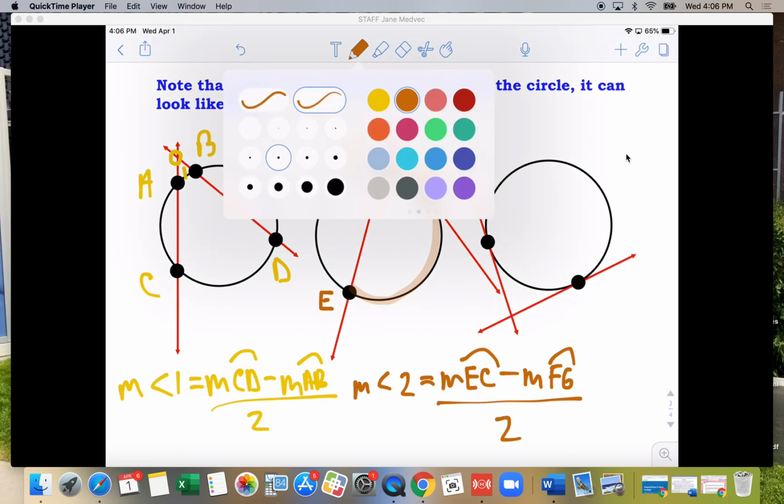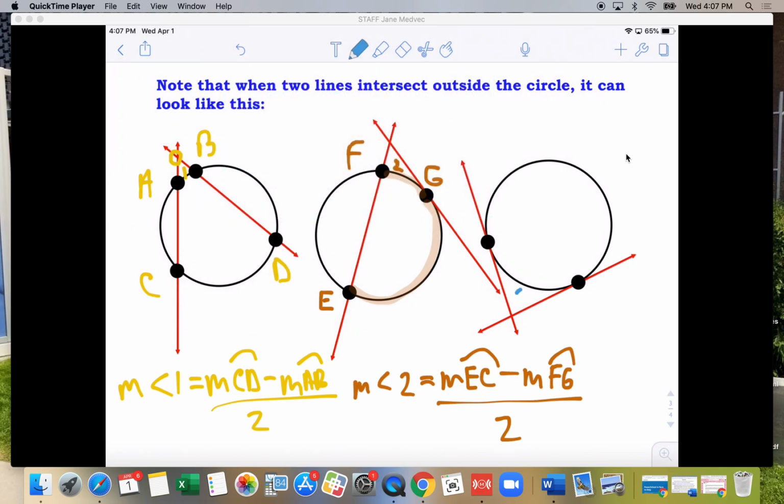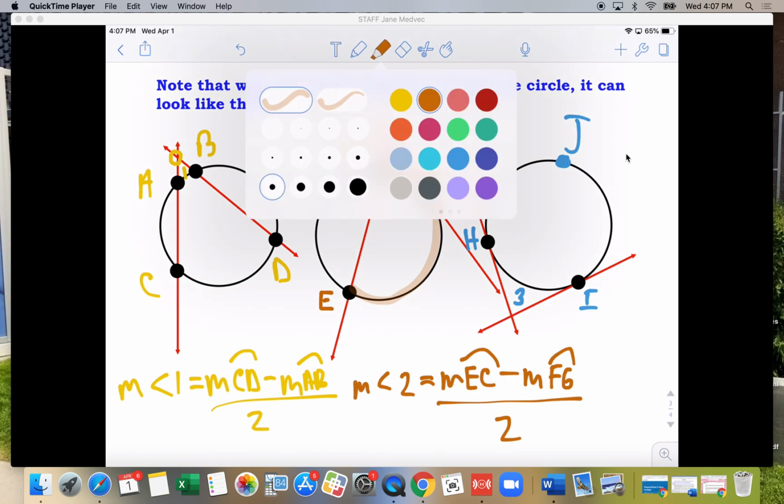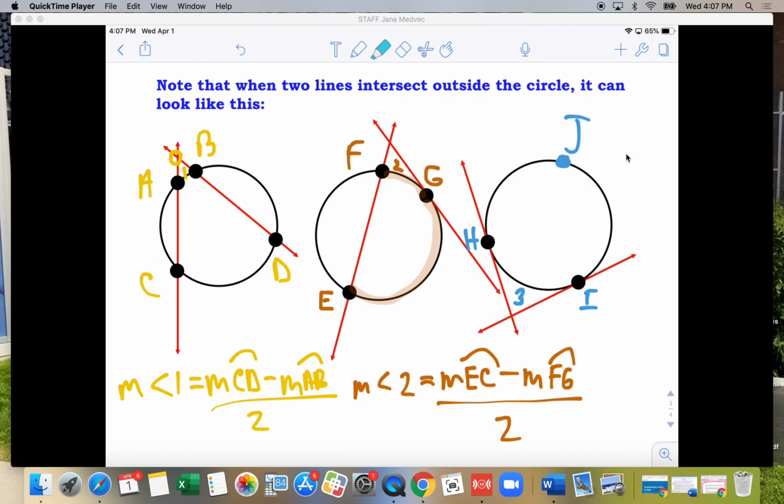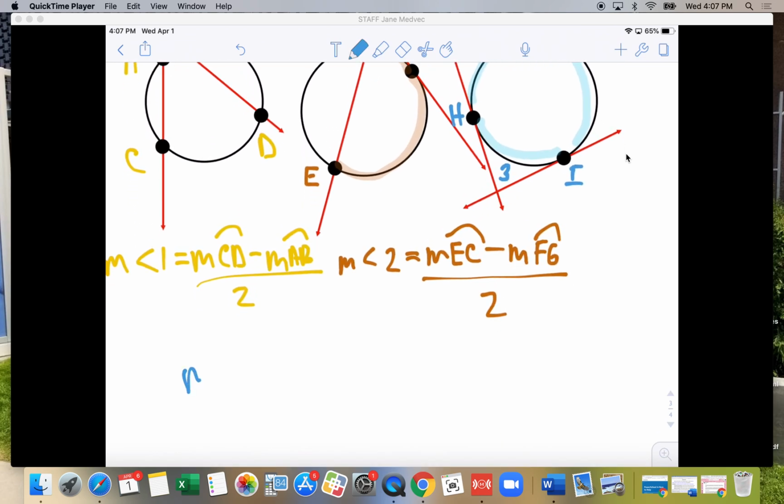Then finally, if I take a look at this next one, I'm going to call this angle 3. I'm going to call this HI. And I'm going to point out here J. That's going to help me with arcs. Okay, notice I got two arcs again. I got one here that's a little bit smaller, and one out here that's a little bit larger. So the measure of angle 3 is the measure of the larger arc, which is HJI,